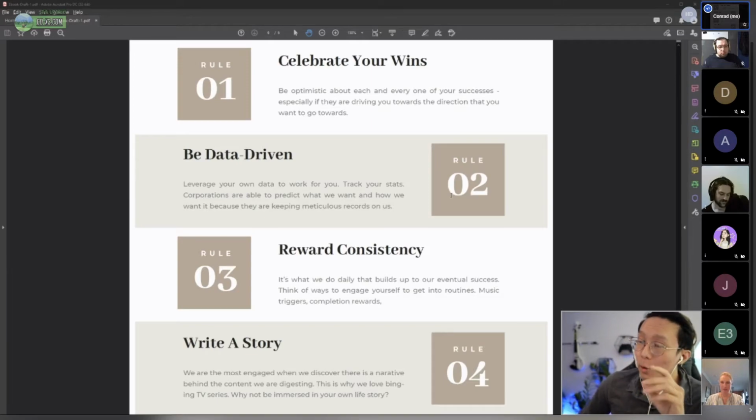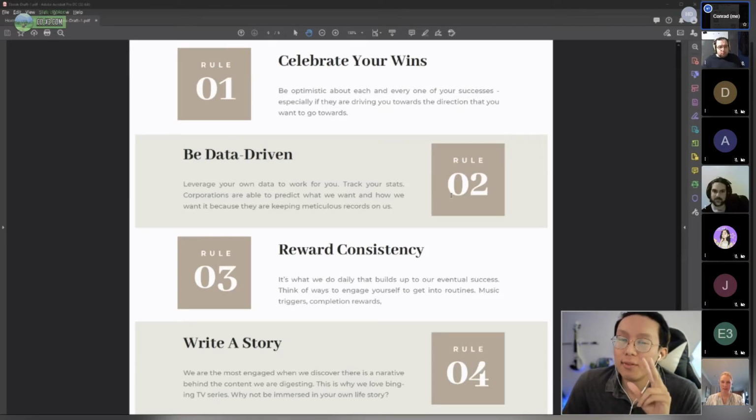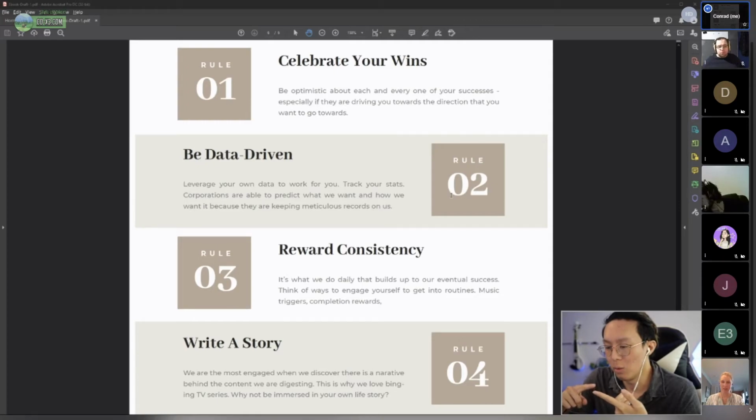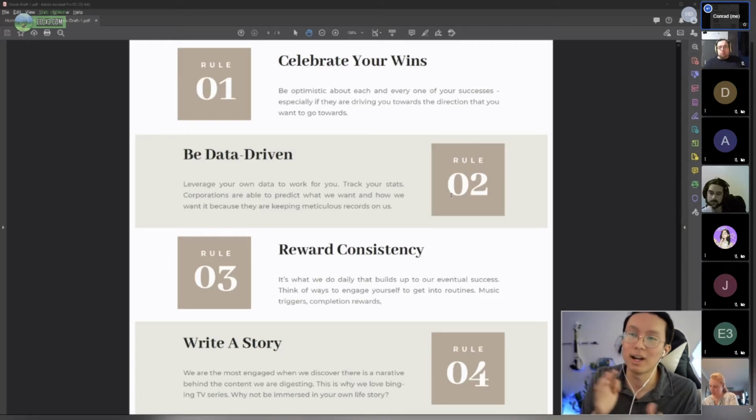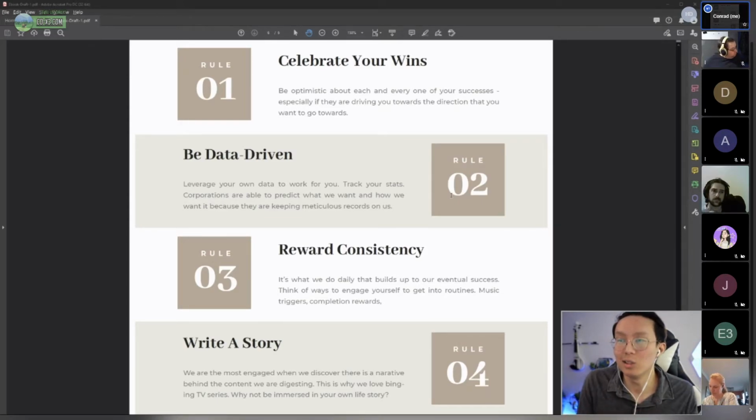So my rule number 2 here is this: if you can be data driven for yourself, and in a sense data driven on making sure that you know what wins you do that are really successful, right? What times of the day you accomplish things, what kind of tasks you do really well, what kind of break and work ratio works the best for you. Maybe it's 25 minutes work, 5 minutes break. Maybe it's 50 minutes work, 10 minutes break. Maybe it's more than that. Who knows? Whatever works for you, you need to know it to the T,